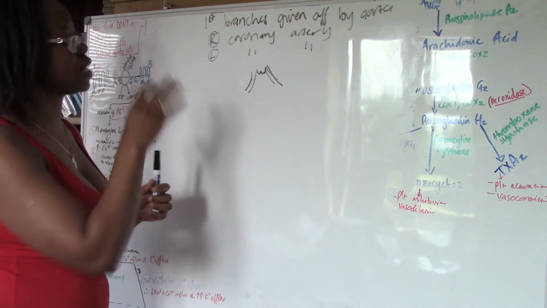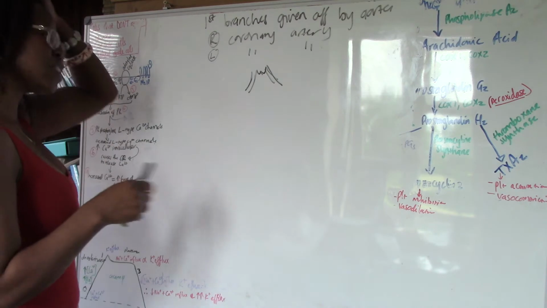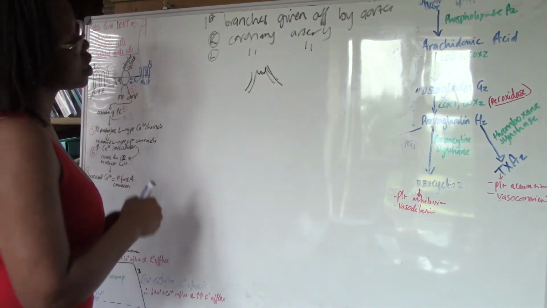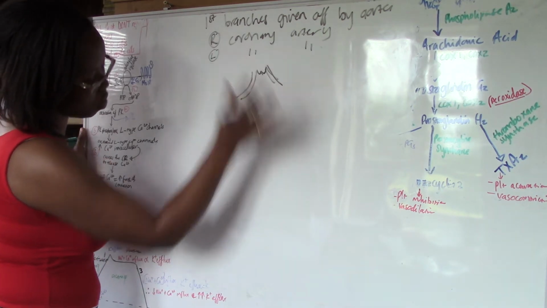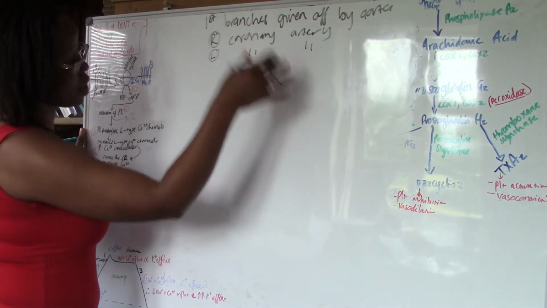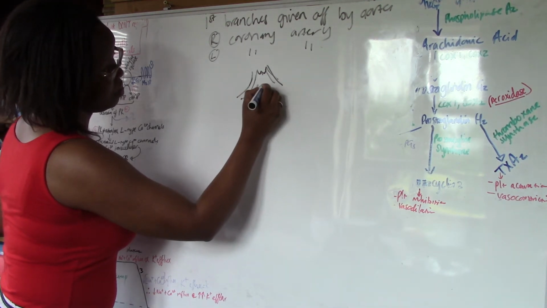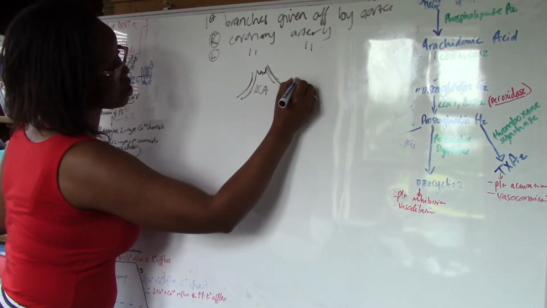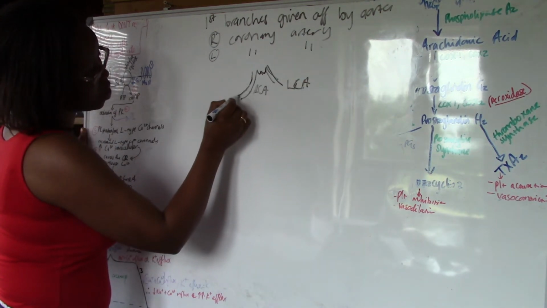On the valves and onto the vessels. So really it is a continuous system that allows a smooth flow of blood. So the right coronary artery is sitting on the surface of the heart, on the epicardium itself. So this will be, and this will be the left coronary artery. The right coronary artery will